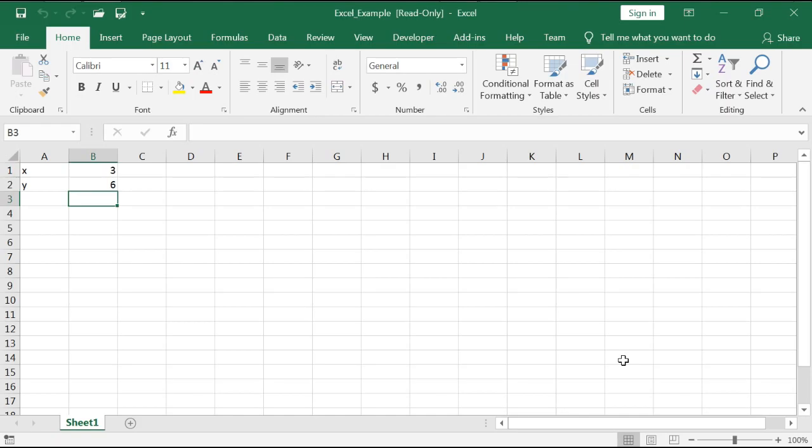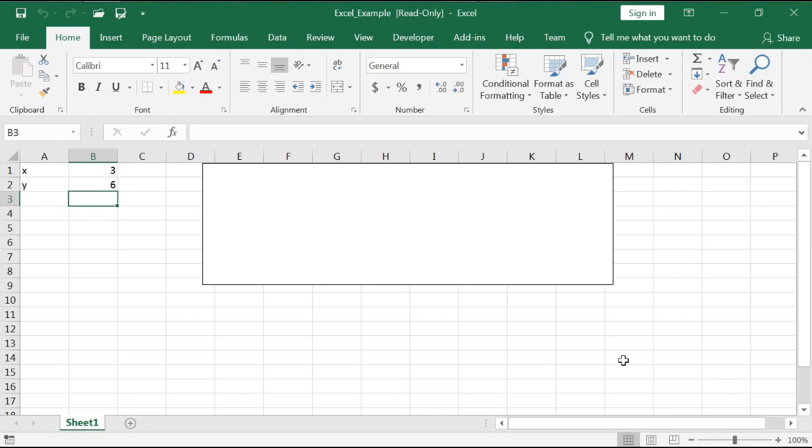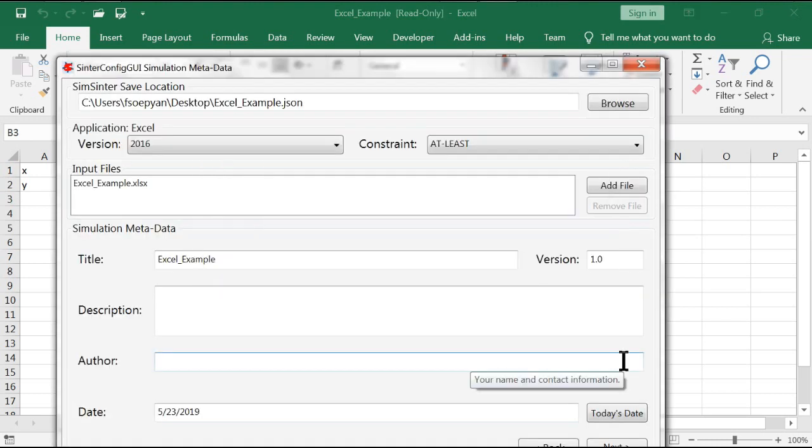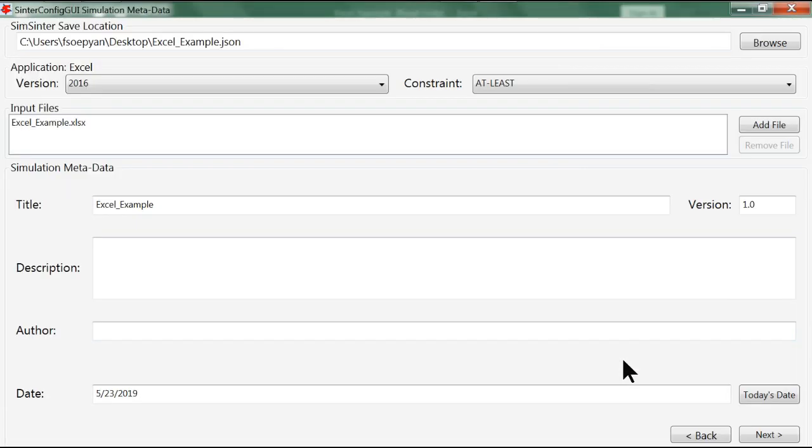And as you can see, the Excel file gets opened automatically, but this is a read-only file, so it does not open your original Excel file, but it opens a read-only version of it. And this is the SimSinter window, and this is the file that we are working with, shown on this box. And this is the version of Excel, and our constraint is that it must be at least a 2016 version of Excel or more advanced. And this is our Excel file that we are working with,